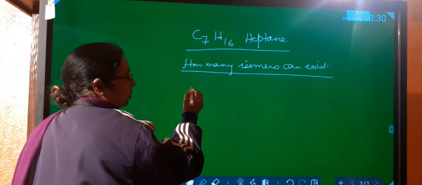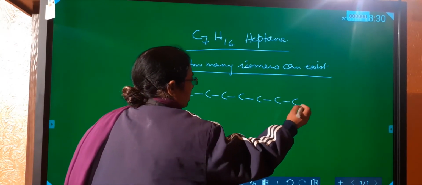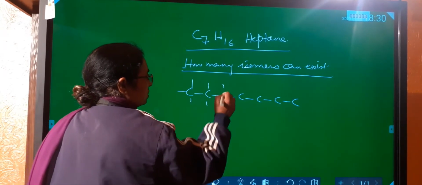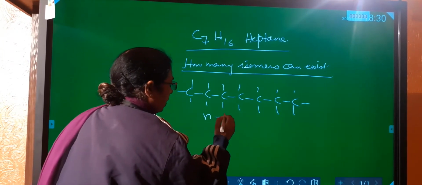So what we will do, first of all, hept means I will be drawing 7 carbon, 1 2 3 4 5 6 7, and this is N-heptane,